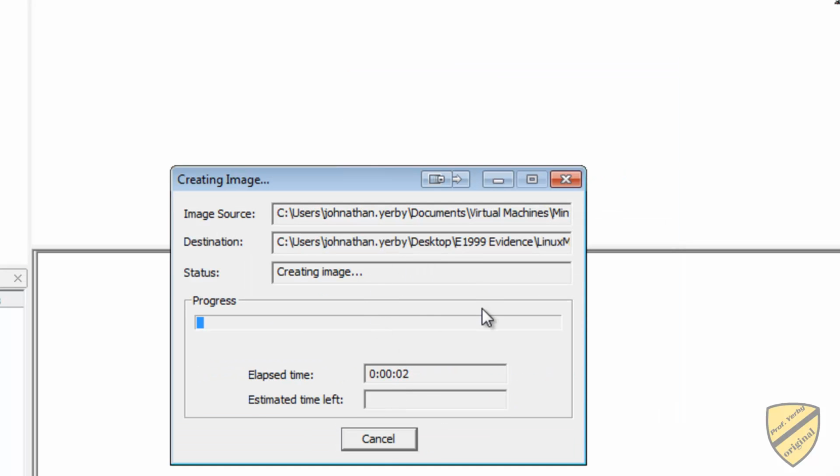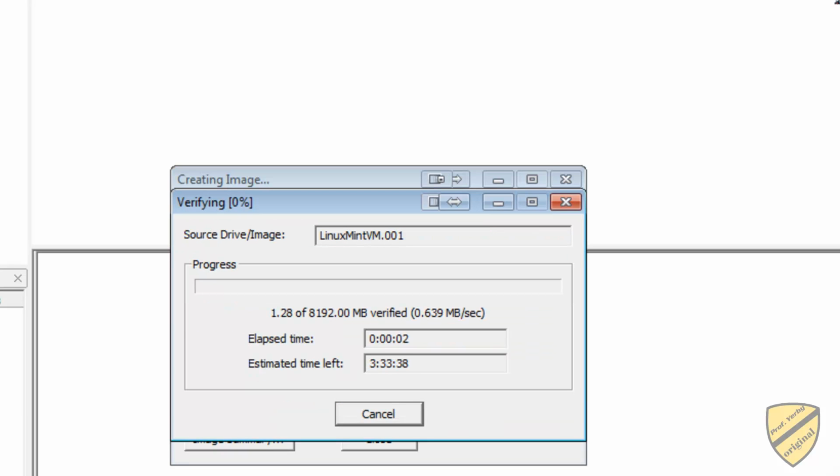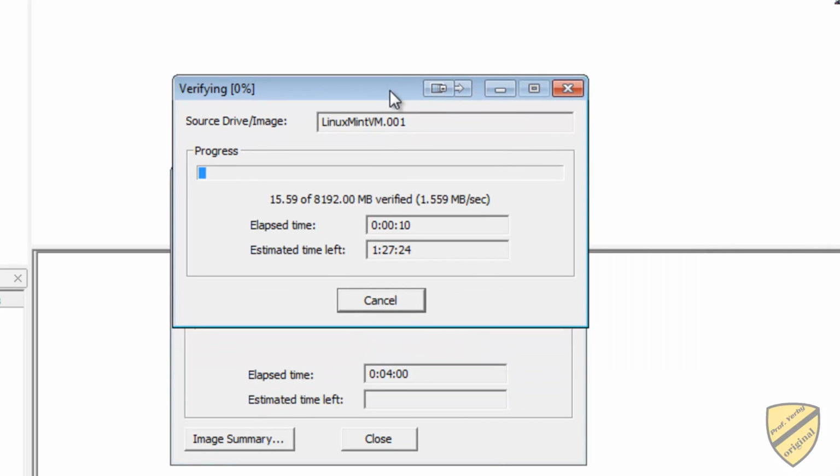Okay, so what it's doing now is it is capturing the image. What I'll do is I'll pause it periodically so that you do not have to wait the entire time. All right, that worked, and now what we're doing is verifying our image. So what this will do at the end of the 1 to 2 minutes is give us a hash value